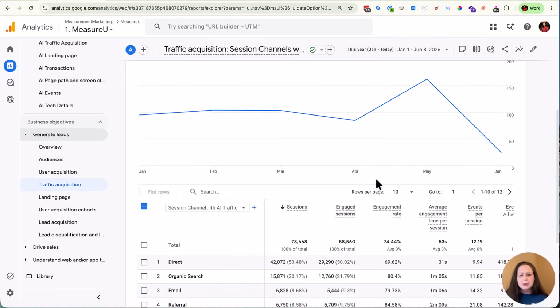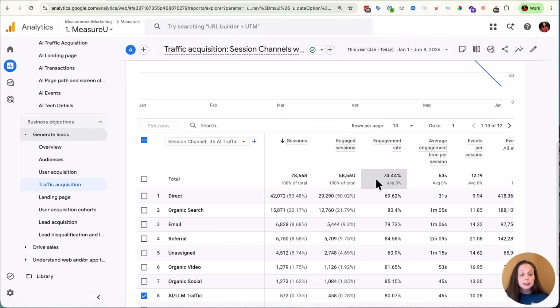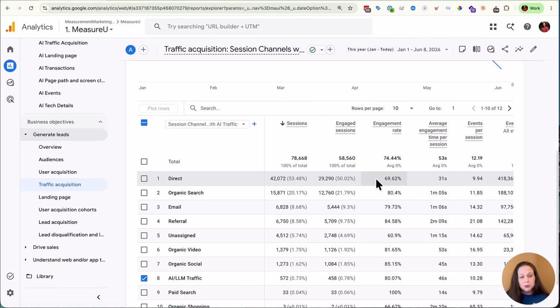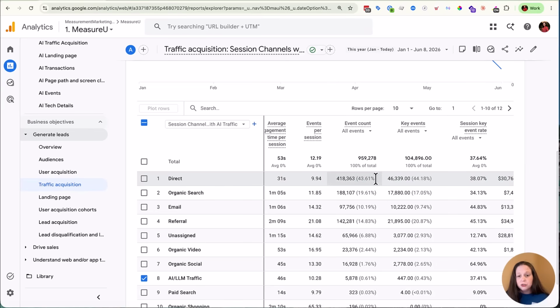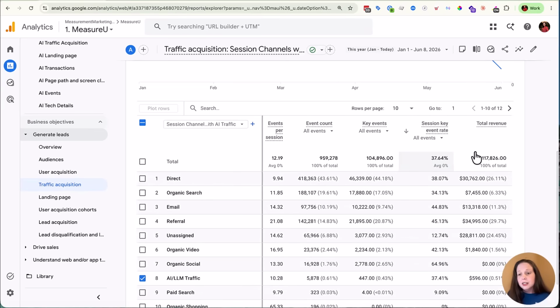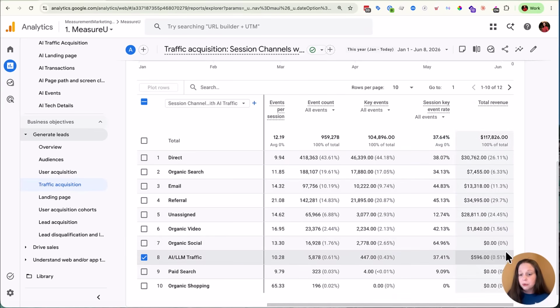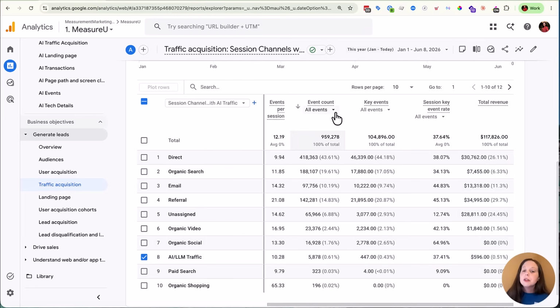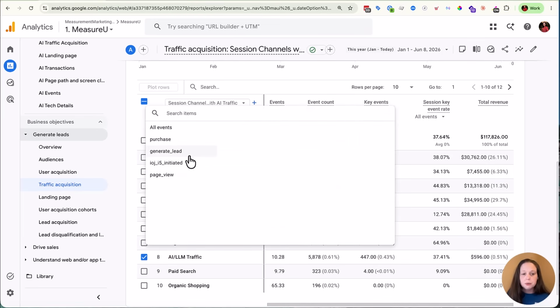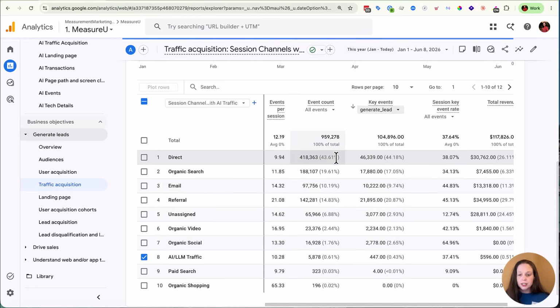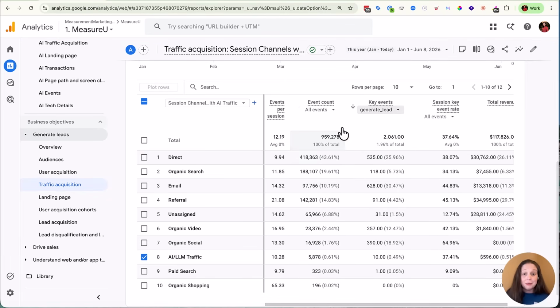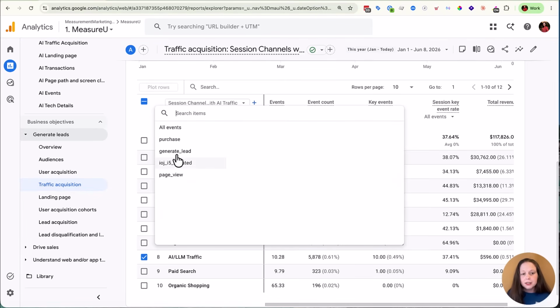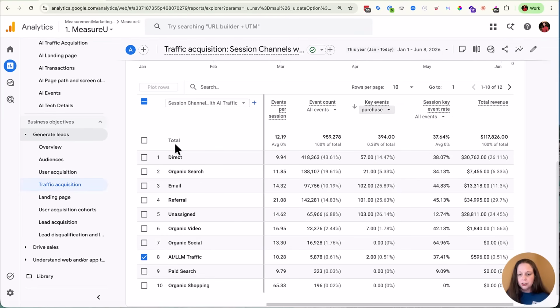And then what about that big question we're talking about too? Leads and sales. Well, because of this built-in report, we're going to scoot over and we can actually see that there is some revenue tied to our AI traffic, which is fantastic. Then, if you want to see key events like purchase and generate lead, let's see if that actually pops up. I honestly don't know this one. So it looks like we've actually had 10 leads from that. Purchases, it looks like that might be 2, depending on what they purchased. Hey, it was actually 2.